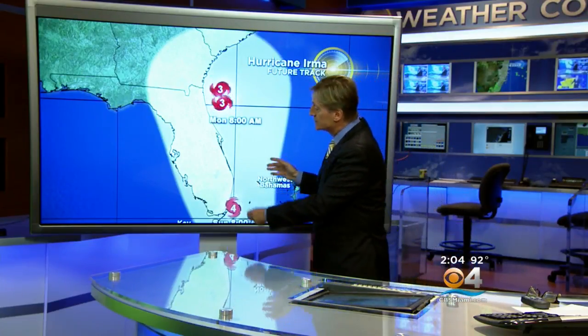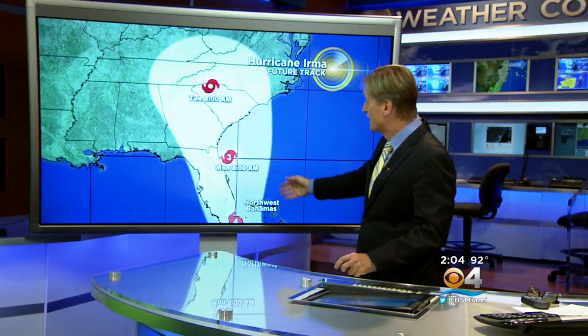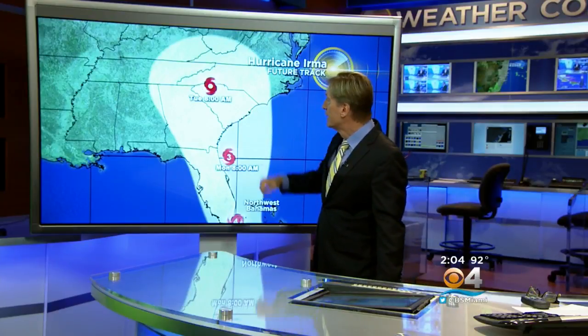And in fact, because the wind field's so big, there could be some substantial storm surge flooding on the west coast as well, of course, on the east coast. And then here we have the Monday and Tuesday time frame with